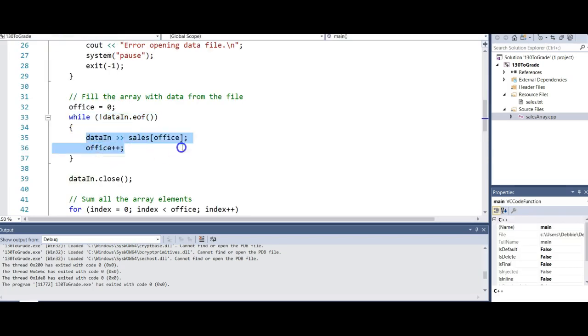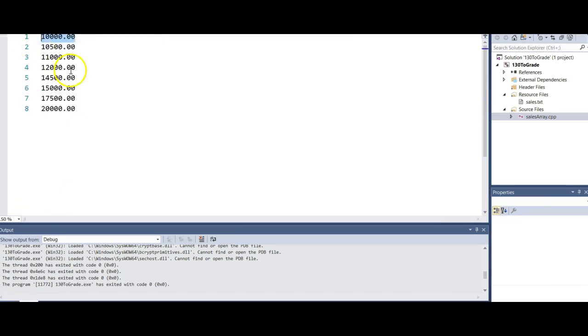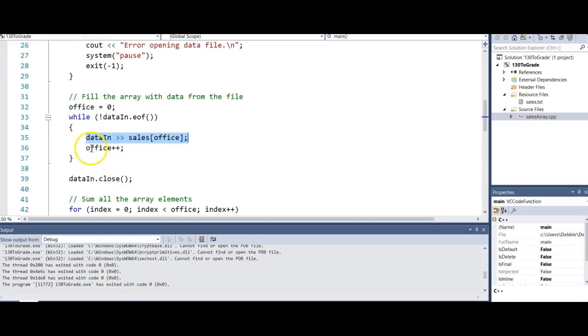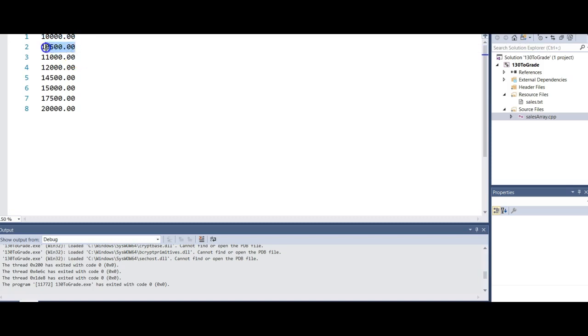I'm going to read the first element in and store it in sales sub 0. So the first element here is going to be pulled into sales sub 0, and then I'm going to increment number of offices to 1, and then I haven't reached the end of the file. Then I'm going to read in the next line of data, and it'll store 10,500 into index 1, and so on. So just to show you here,